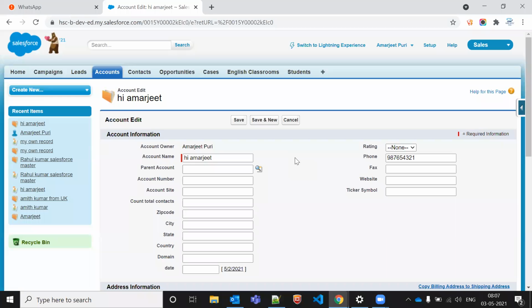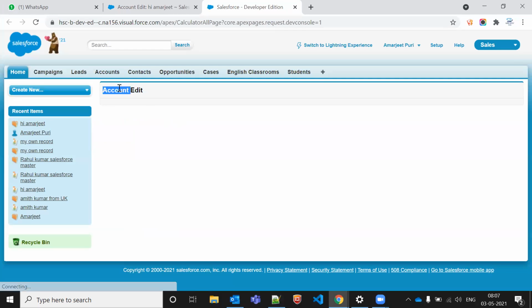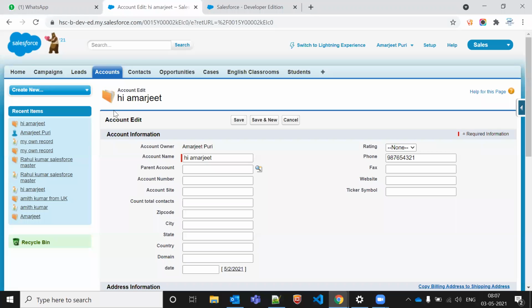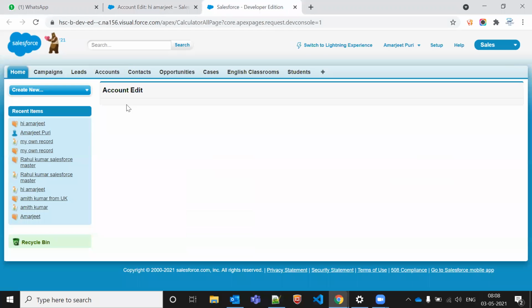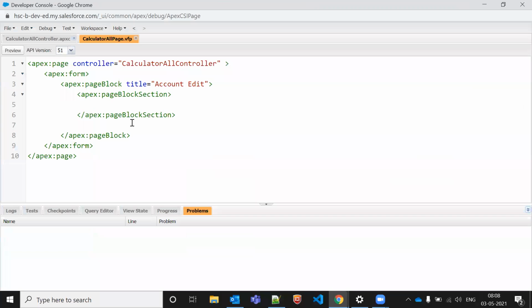If I want to see the result, there is a preview button. I'll click on this. Now I'm able to see account edit. This is a block, and this line on top is the same line which we have here. Okay, so now we have done account edit.